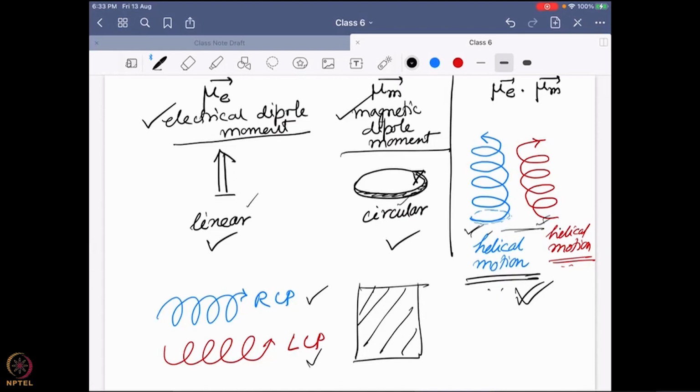And only once you have created it, then it can differentiate between RCP and LCP. You can have either optical rotation, if it is circular birefringence we are talking about, or we are going to see an ellipticity if you are talking about circular dichroism. Okay,